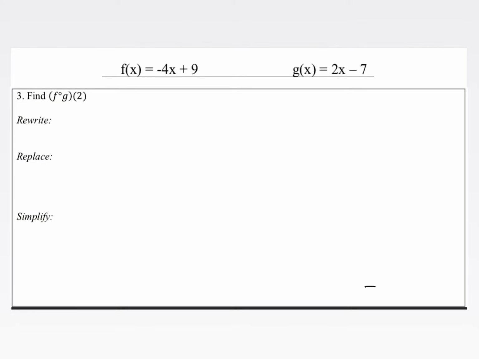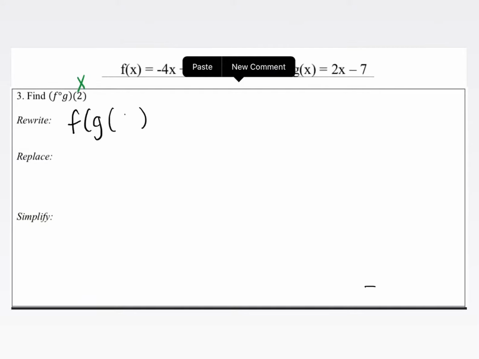In example number 3, what we have here is f of g of 2. So instead of x, we actually see a 2. We're going to still rewrite this where we have f of g of 2. So what I'm going to do here is we're still going to identify our inner function and our outer function. Our inner function